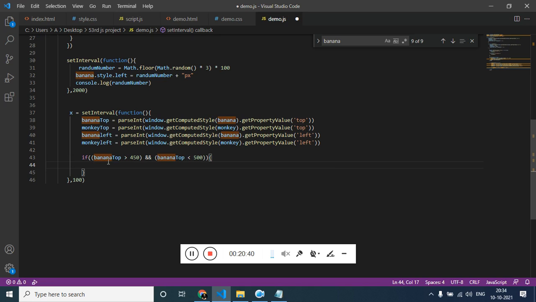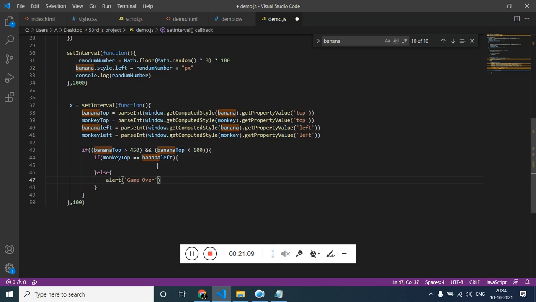That means both of them are in the same line, which is if monkey left equal to banana left, that means both of them are in the same line. Then in this case, we have to increment the score, or we have to give the alert saying that game over, and we have to stop the interval, clear interval, pass the x.